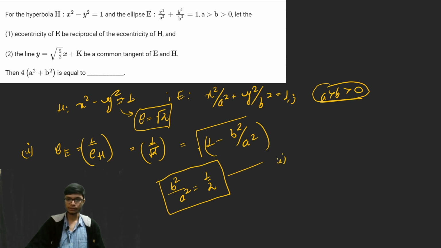And second, it is saying that the line y is equal to √5 by 2 x plus k is a common tangent. So there is another question involving common tangents. You can see how important tangents, normals and common tangents are, as well as the normal properties. So for solving common tangents, you can definitely solve this by firstly